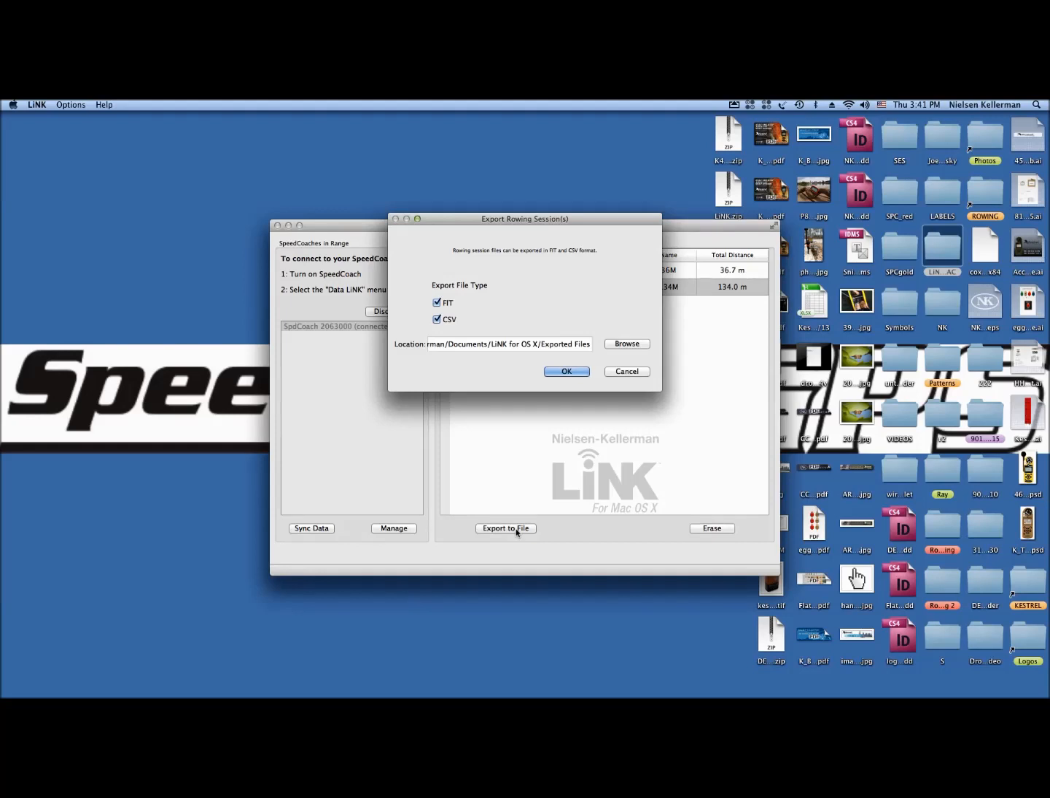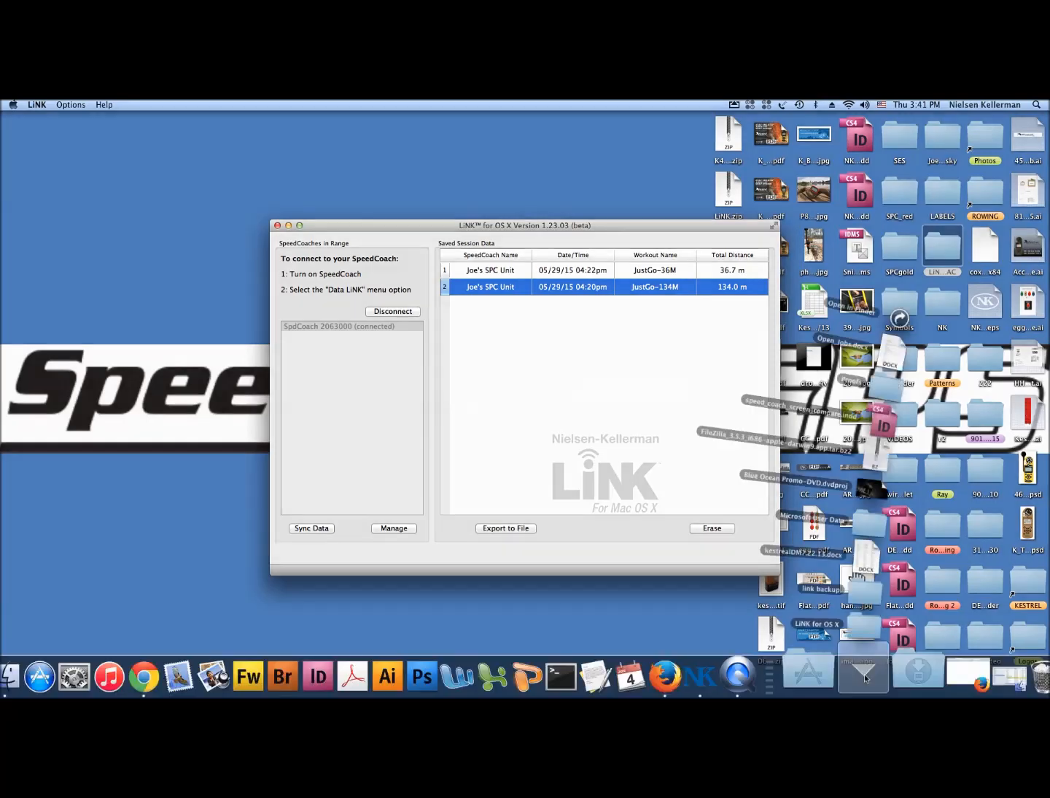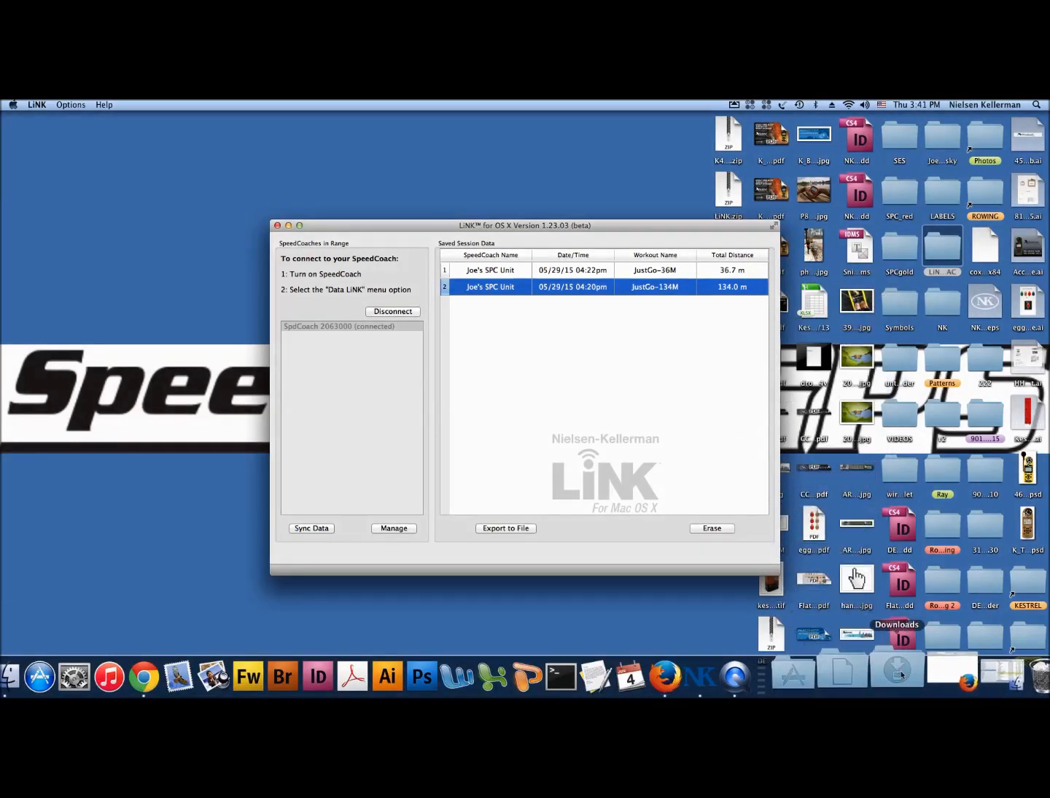Now this will give you two options. You can either do a FIT file or a CSV file or both. To see the actual stroke-by-stroke breakdown, the CSV file is what we choose, but I'll export both to show you both. So I'm going to click OK, and really you don't see much, but let's just open up any old